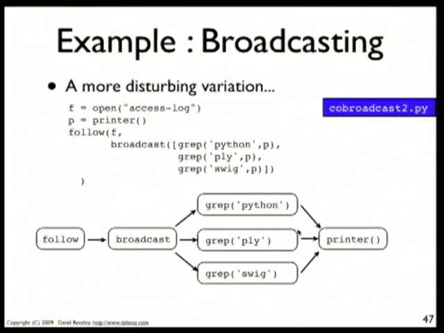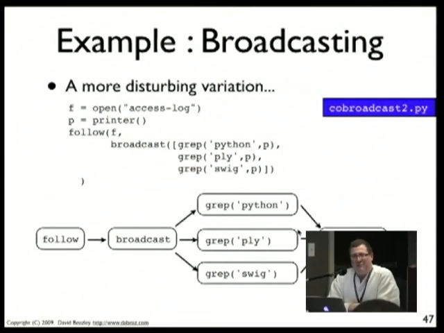Can we guarantee the lines printed by printer are printed in the same order that they were in the log? I think so, but I wouldn't have a mathematical proof on it. Yeah, I think they would be, because these are not threads, and basically the control flow will work out like that. If two of these things happen to match the same line, they would fire in the same order that they were listed there. So